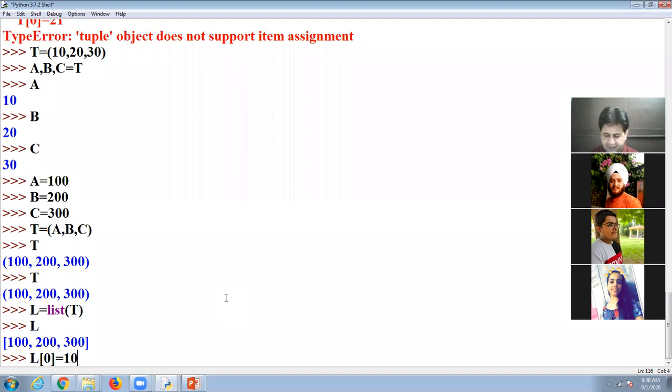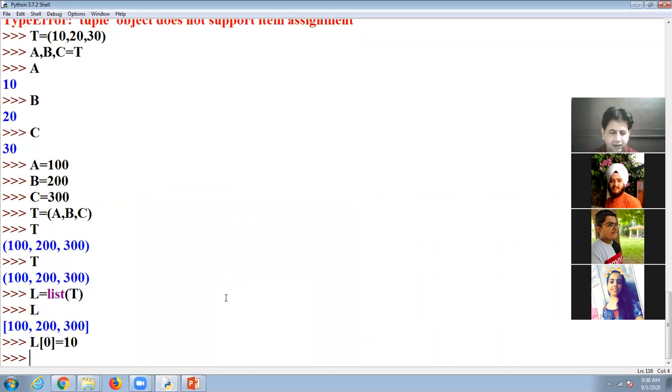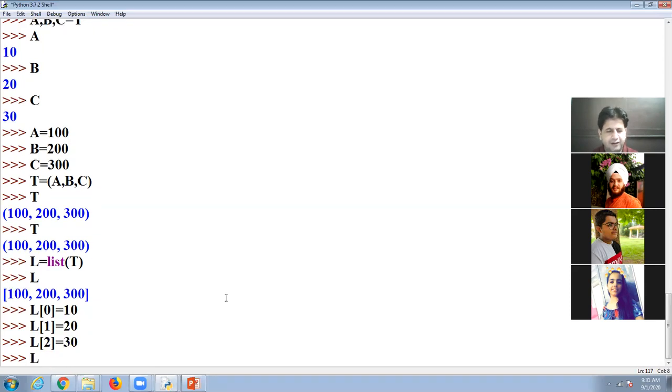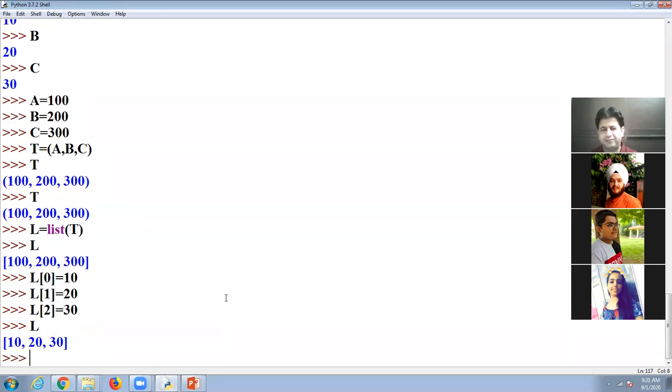Now suppose I take here 10, and L[1] I am taking 20, and L[2] I am taking value 30. So in the list all the values are changed.